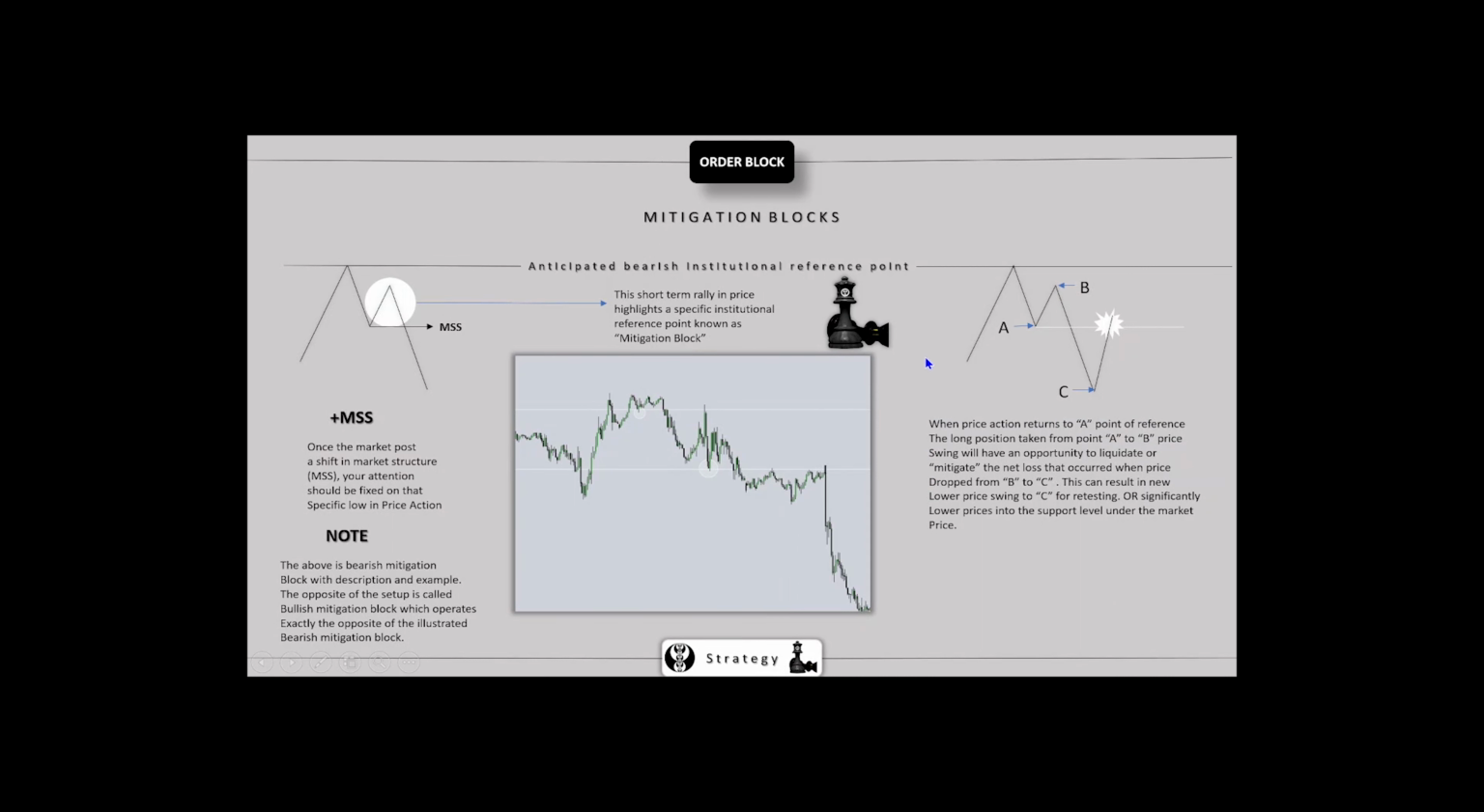In the topic of order blocks, we have something called mitigation blocks. And what are these mitigation blocks? This short-term rally in price highlights a specific institutional reference point known as a mitigation block. And a mitigation block